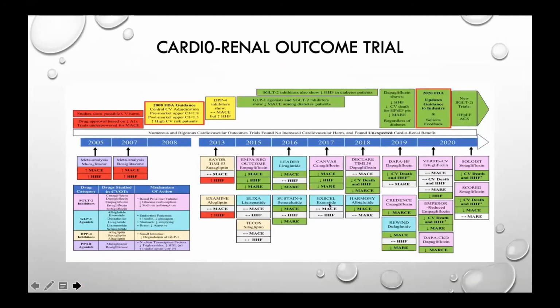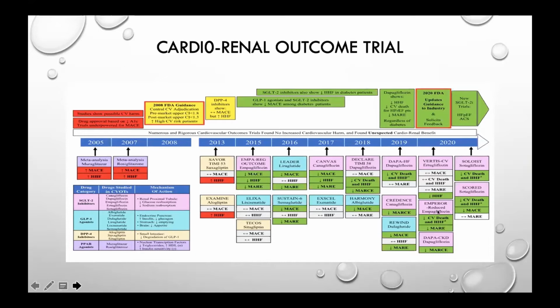to the armamentarium. You look at the cardiorenal outcome trials, you only used to have the CVOT till about 2015, when you started having the major adverse renal outcomes in the EMPA-REG outcome, which was a secondary outcome. And then the major adverse renal outcomes started, and you can see all the trials having the major adverse renal outcomes, be it LEADER with liraglutide, SUSTAIN with semaglutide, CANVAS, DECLARE-TIMI with dapagliflozin, exenatide, albiglutide, SGLT2 inhibitors joining the bandwagon,